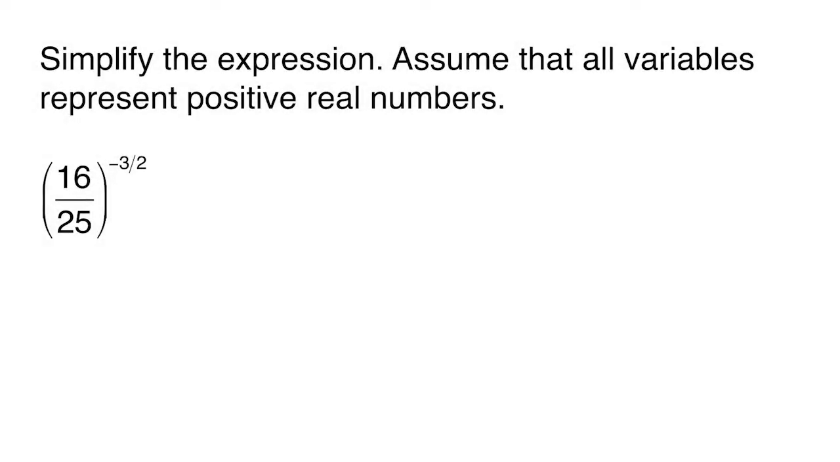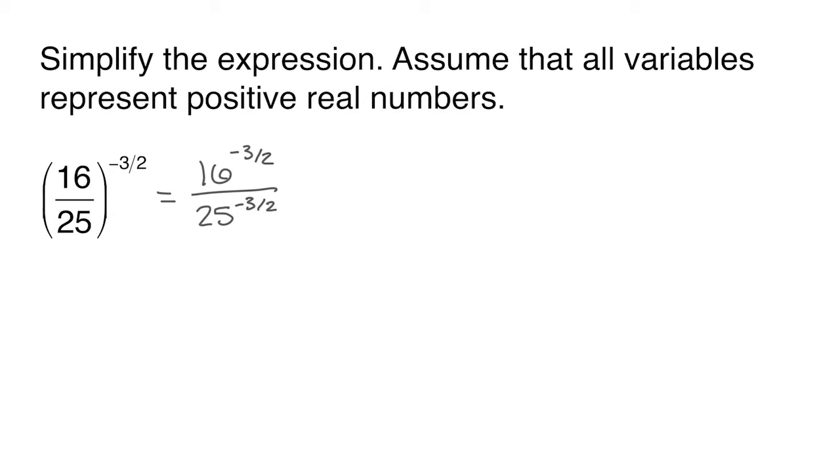Simplify the expression. Assume that all variables represent positive real numbers. 16/25 raised to the -3/2 power. By the power rule, we can rewrite this as 16 to the -3/2 power divided by 25 to the -3/2